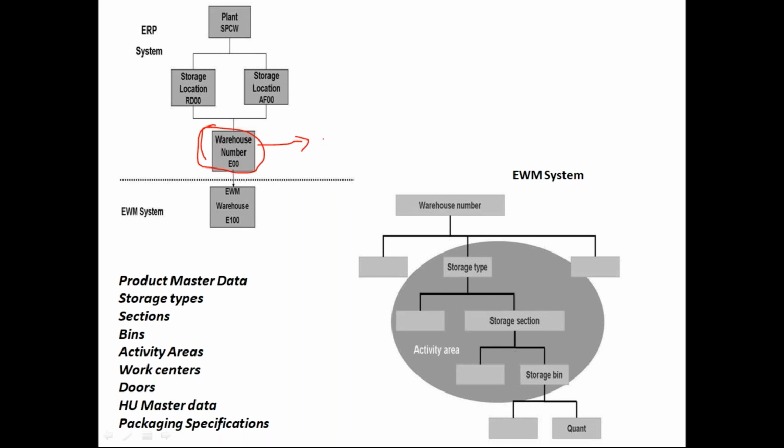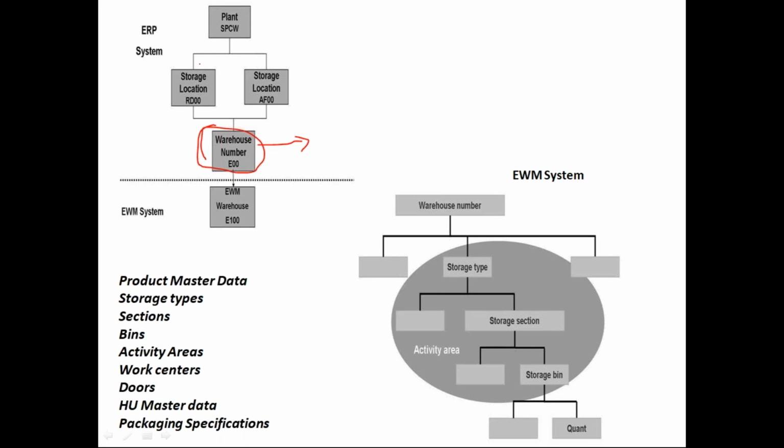Generally, when you create org data or an org structure, you try to copy it from a reference org structure. It can be a plant or sales area or company code or anything. If you are working with WM, you also try to copy the warehouse number from a reference warehouse number. But if you are working with EWM, you don't need any dependent data, because we are not going to execute any transactions in WM. When you are not executing any transactions in WM, you don't need to copy dependent data. So you can just create a warehouse number which acts as a bridge between ERP and EWM.